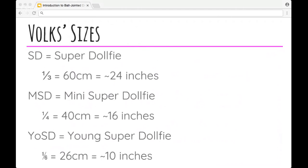There are many ways to refer to these sizes. Original VOLKS dolls are divided into SD, Super Dollfie, MSD, Mini Super Dollfie, and YoSD, Young Super Dollfie. Technically, these terms are owned by VOLKS, so they shouldn't be applied to other companies' dolls, which have their own specific names. But this can all get a little confusing, as many 1/3 or 1/4 scale dolls aren't all that